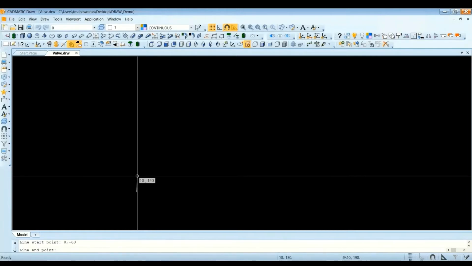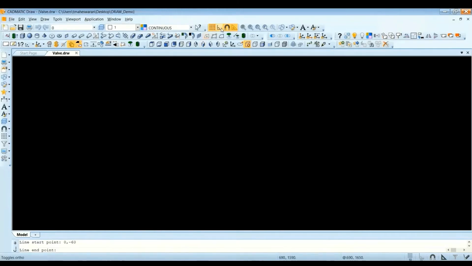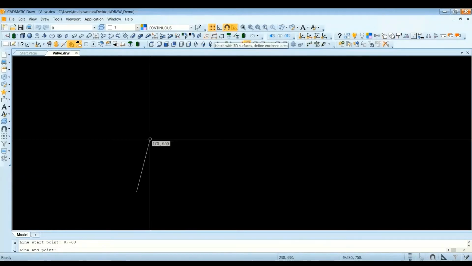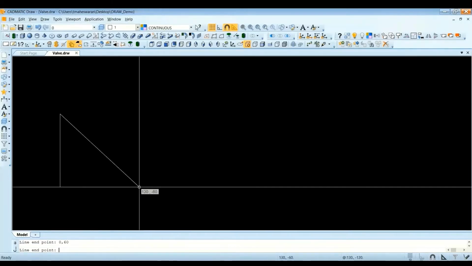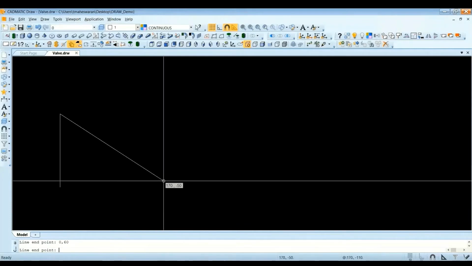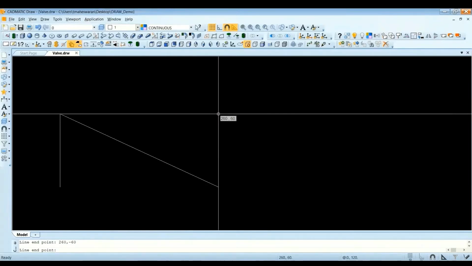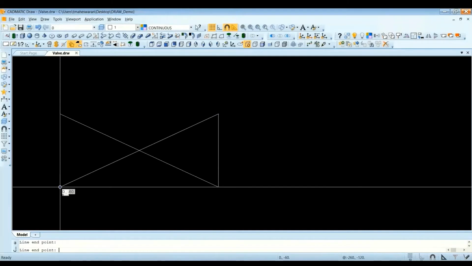I think based on this, you must be feeling that this is the way other software also works. And here we have an auto button. If you want, you can enable it here. Now again, I will enter some value like 0,60. So like this, I can enter the coordinates, or I can just manually select the point like this.